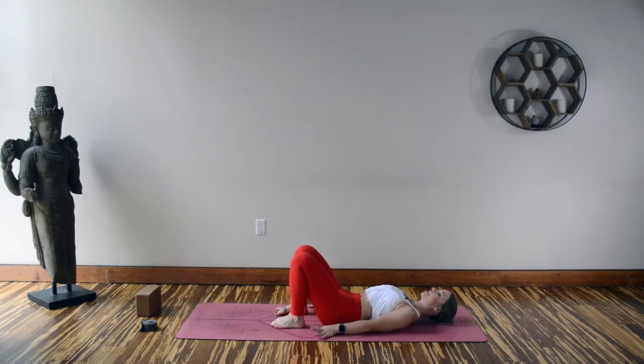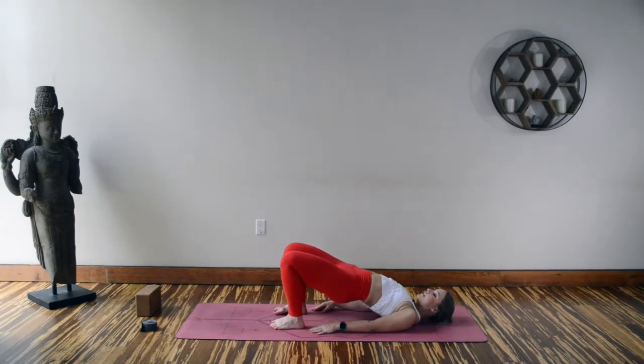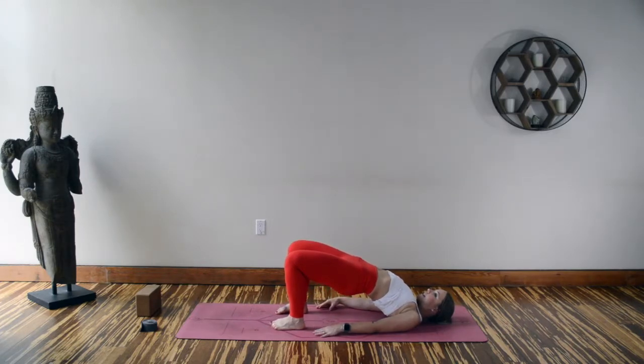Feel an imprinting sensation. And now using the strength of the back of our legs, slowly peel your hips up off of the mat. Pressing through your heels, send the hips up nice and high. And then imagine squeezing a block between your thighs. I also like to think about the tailbone reaching out toward the knees so I can maintain a slight connection